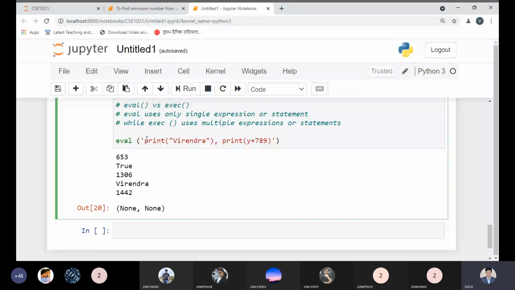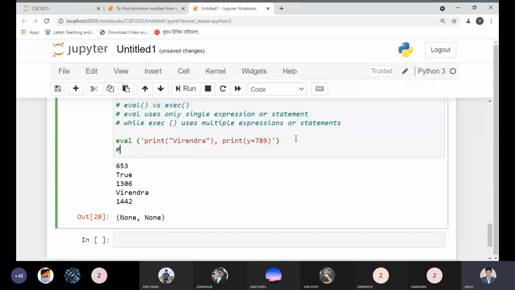So we are printing the method due to the print of method only, but it will return None, which shows that it does not return anything. Okay, so let me write the answer over here.